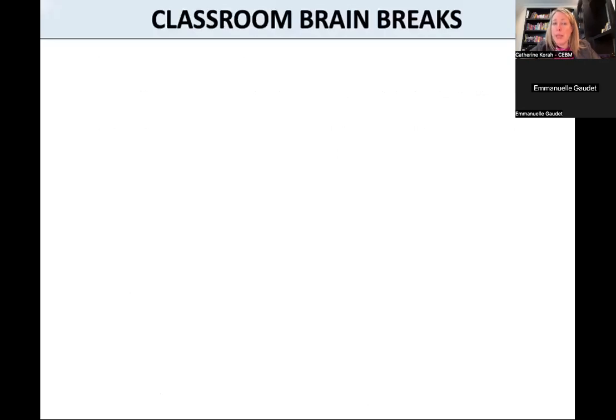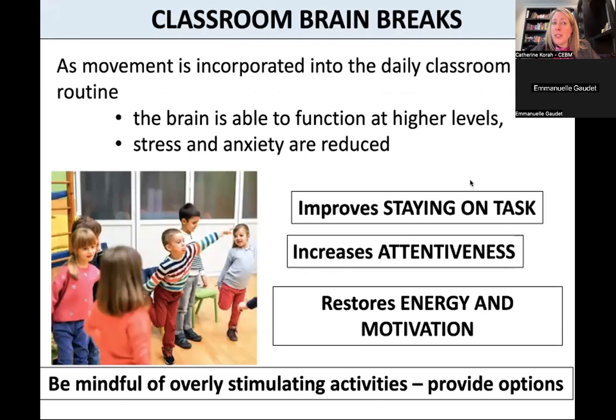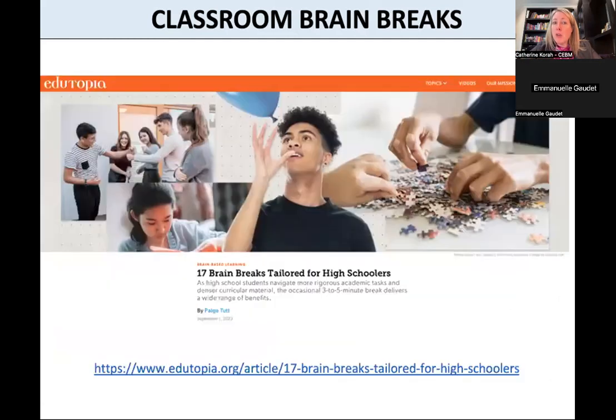In terms of movement, having brain breaks can be a way to help reduce the stress in the body. It helps with stimming and so forth. And again, being mindful about high-level activities where it could dysregulate them further, and to really have a range of different types of activities. Now, brain breaks are not just for elementary. Brain breaks can be just as valid in high school.